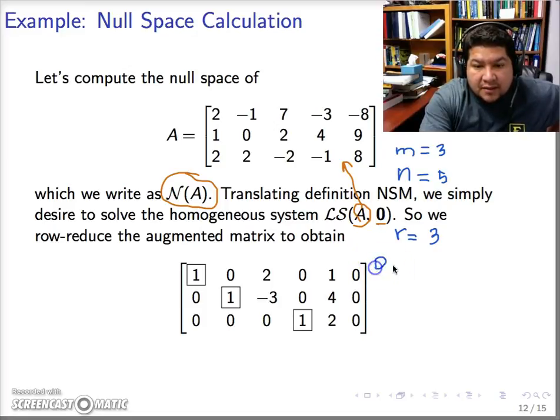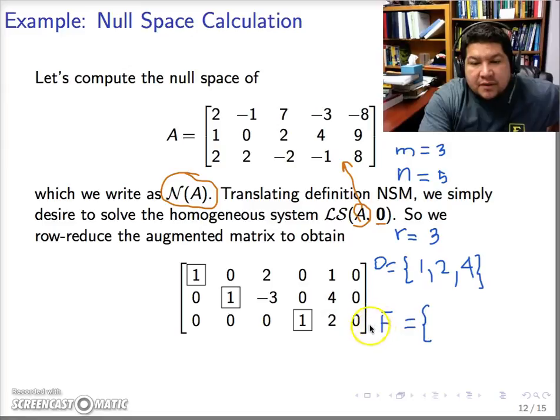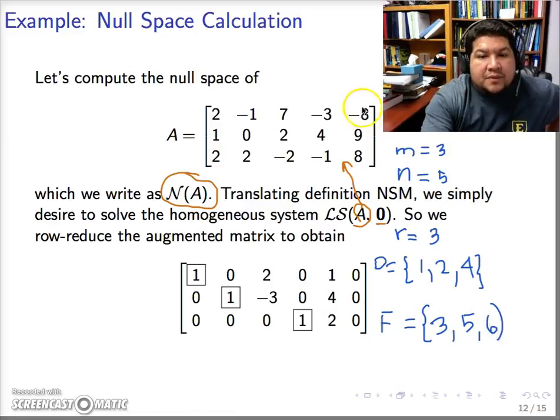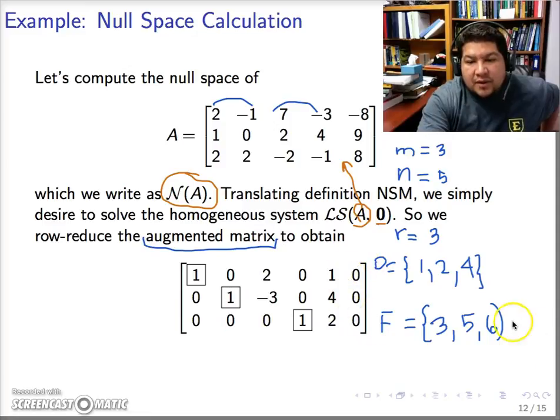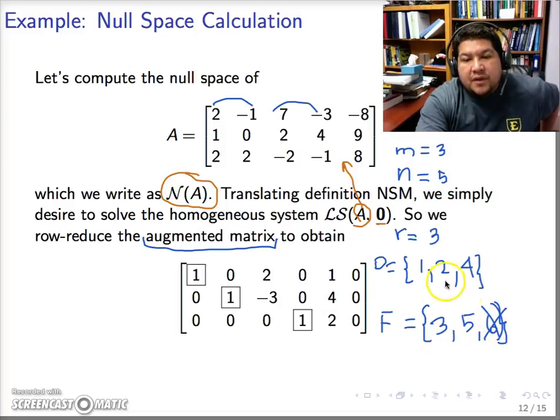In particular, there are indices of variables, when considering this as variables of a homogeneous system, that are considered dependent variables. So here we have index 1, index 2, and then index 4, okay? And then the indices in the set capital F will contain 3, 5, and 6. One thing to observe here is that the number of columns in the original matrix is 5, n equals 5. And this RREF is the RREF of the augmented matrix, right? So in terms of indices, this index 6 doesn't correspond to the index of a variable. Variables only have indices 1 through 5, and of those indices we're interested in 1, 2, and 4 as